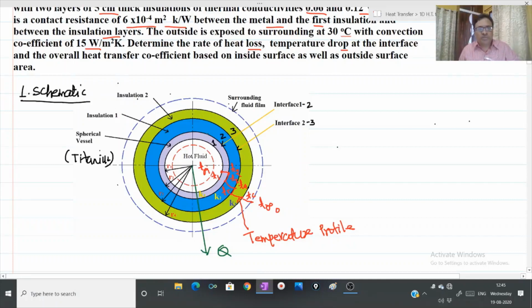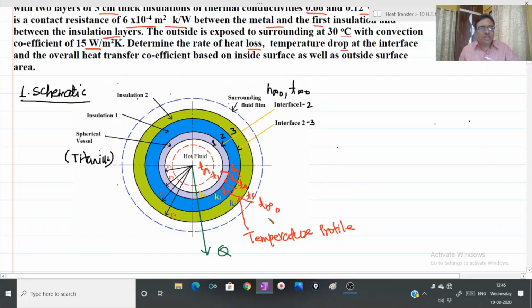Both are of same thickness and it is exposed to the surrounding at convective heat transfer coefficient h infinity O and temperature T infinity O. This entire system is carrying hot fluid inside at temperature T infinity I. Now nothing is given regarding the convective heat transfer coefficient of this hot fluid. So I can conclude here, this hot fluid is not going to offer any convective thermal resistance to the path of the heat flow.